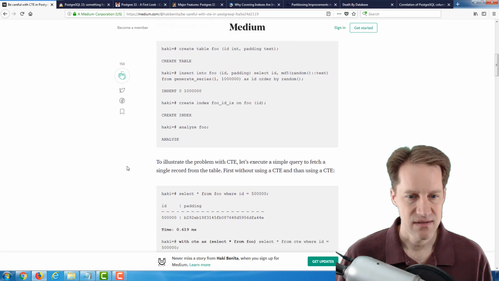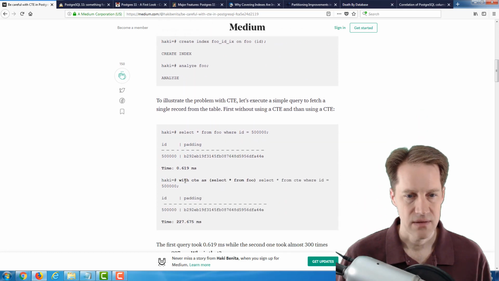So he shows a simple example here: WITH cte AS (SELECT * FROM foo). So CTE is what he's named it. And then he can do SELECT * FROM cte WHERE id equals something. Now, what he's saying you need to be careful of is a simplistic example here where he has a foo table and he's looking up by an ID that has an index on it, and that lookup took less than